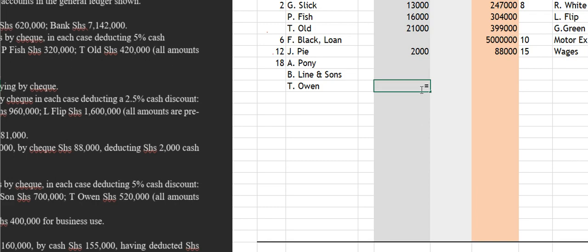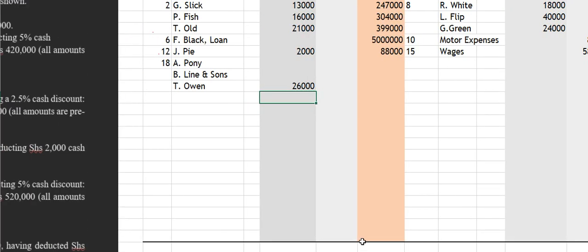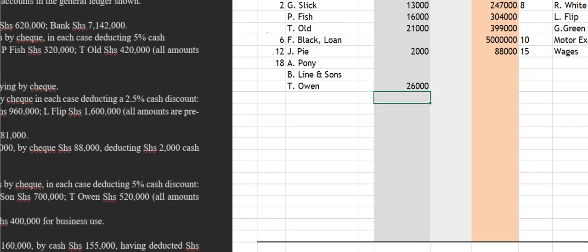TON, that is 5% times 520,000, that gives us 26,000. Then Beeline and Sons, the amount is 700,000. For TON, the payments are by check, so I'll get the 520,000 minus the discount, that will be 494,000. Then Beeline and Sons, the discount is 5%